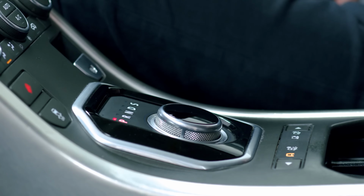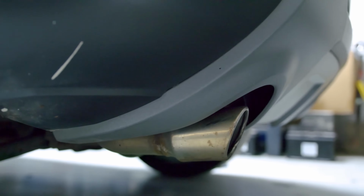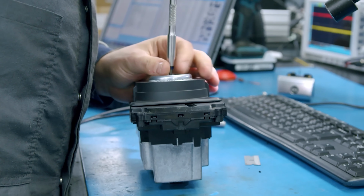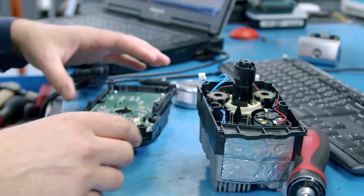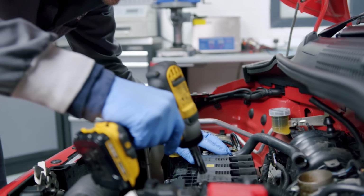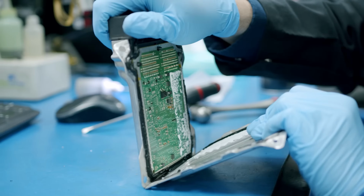Electronic stability control, ESC or ESP, is even more sophisticated. It uses information from ABS sensors, as well as other sensors that measure the vehicle's rotation and the steering wheel position, to detect if the car is about to lose control in curves or sudden swerves. If the car starts to skid with understeer or oversteer, the ESP applies the brake to specific wheels to correct the trajectory and bring the vehicle back under control. In other words, ABS is not just a braking system, but the backbone of an entire set of active safety